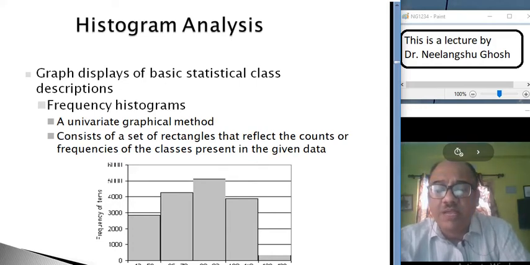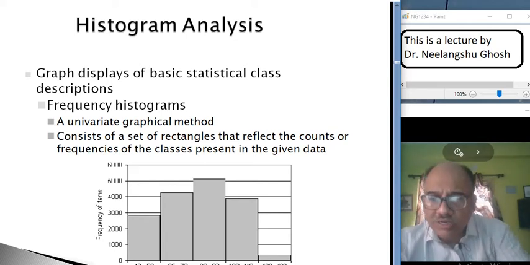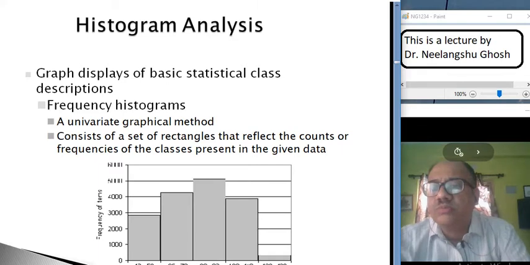When the unit price was between 120 and 139, very few units were sold; between 0 and 1000, about 200 units are sold. So from the histogram itself, the number of units sold and an overall description of the data can be understood. This is called a frequency histogram, and it's a univariate graphical method.